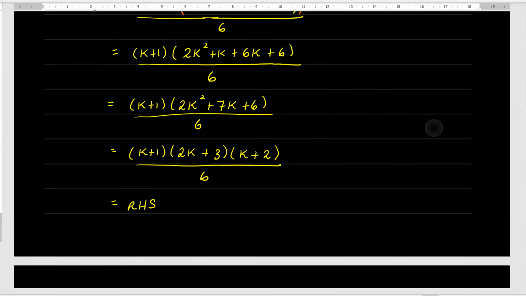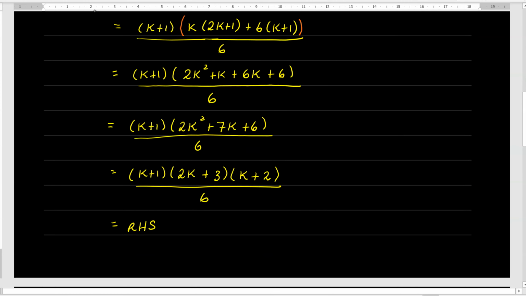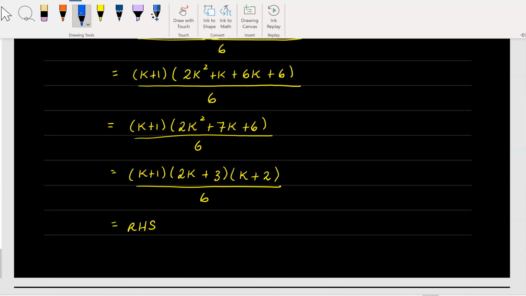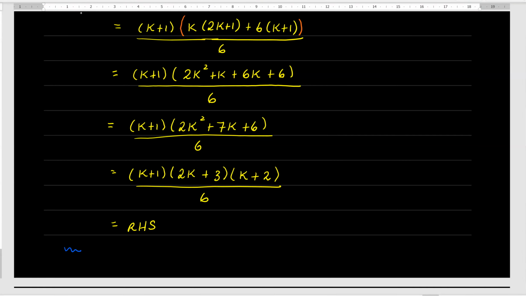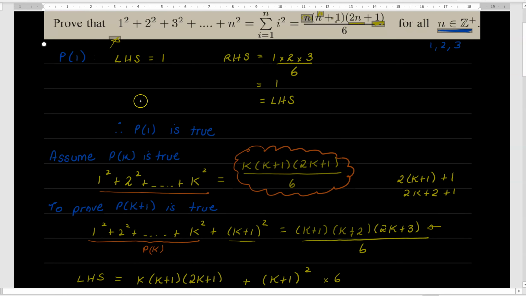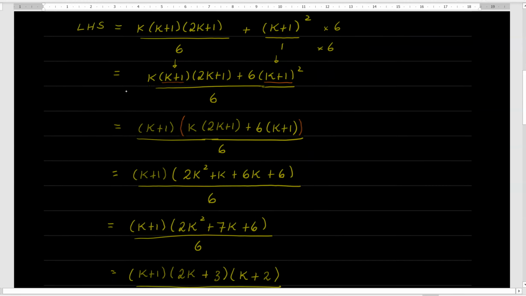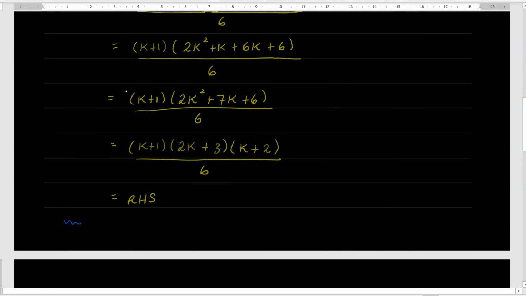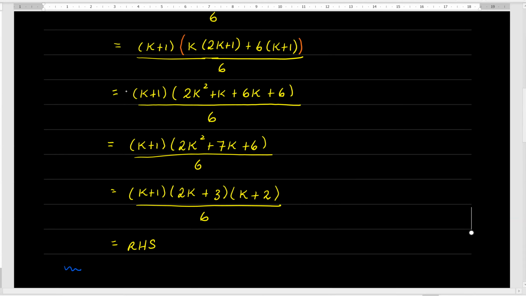Now, to make sure that you get all of the marks that are owing to you, you must finish off with the statement. Now it sort of goes here, but because I've run out of room, I'm going to put it up here. And your statement is basically summarizing everything that you've done. So everything in blue that we did here, we're now going to summarize. The first thing we did was we proved that P of 1 was true. So that's exactly what we say. We say since P of 1 is true